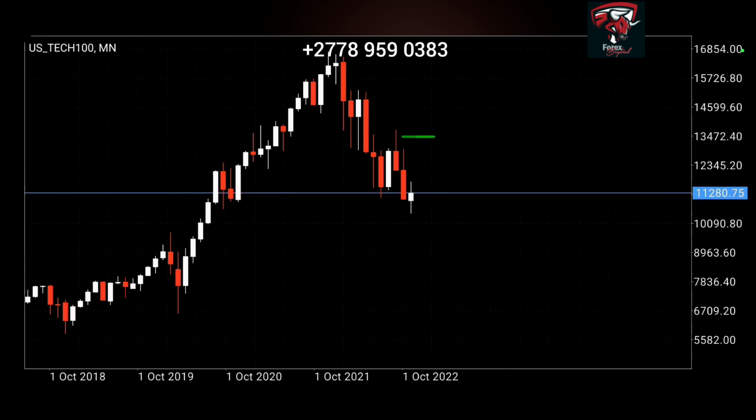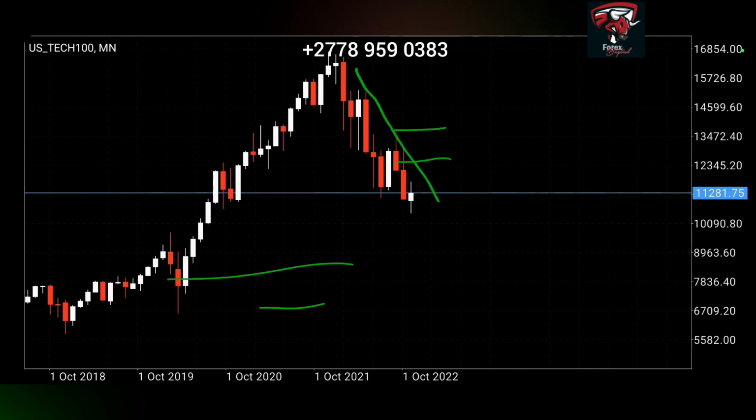So here we just need to say, this is our resistance, this is our support, and this is our bearish trend line, and the price is bearish, meaning that in the longer run, or at least in the next coming months or so, it has got higher chances of going lower. For as long as it does not challenge the bearish trend line, it will always remain bearish. Now, I do understand that when you move down to your smaller time frames, you can get setups to take trades to the upside. That's totally fine. But don't make a mistake of